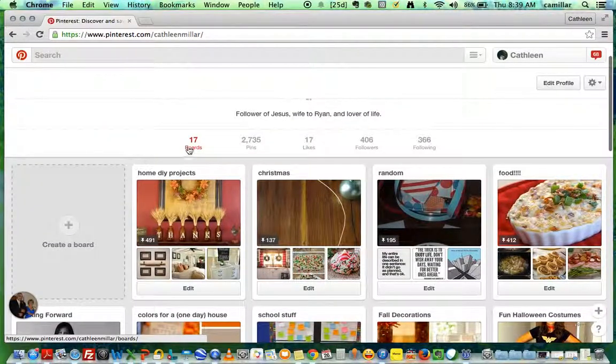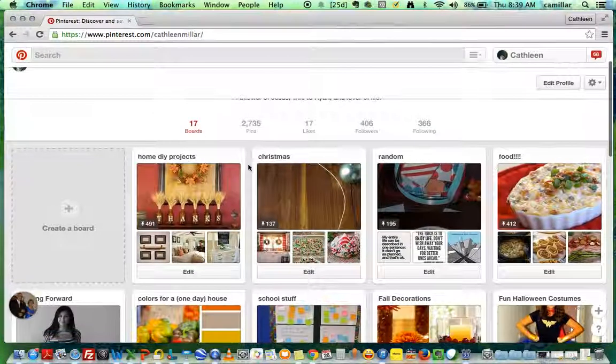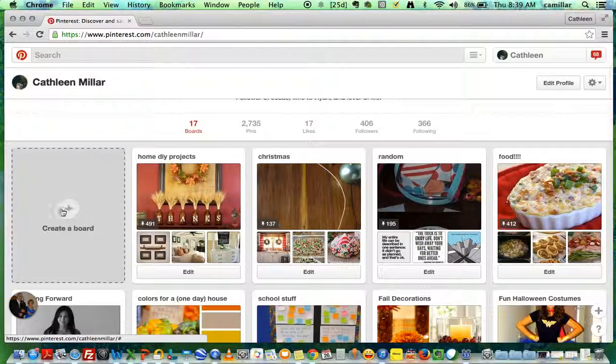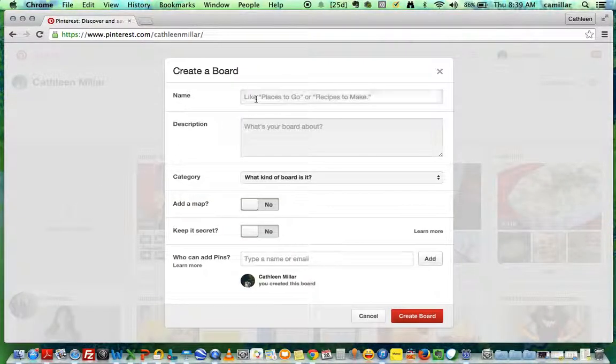So you can see that I have 17 boards. I've got almost 3,000 pins. And so if I needed to create a new board to keep my boards organized for myself, I would click create a new board. And this board I want to title Anchor Charts. So I can give my board a name, a description,